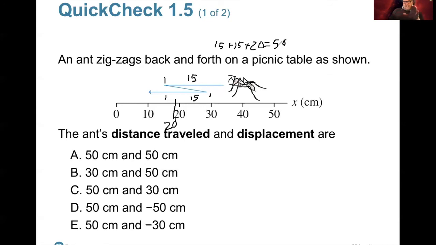So initially, he starts out at 40, then he moves in the negative x direction to 10. So that's a total displacement of, it looks like, minus 30. So let's look at our choices. We know that his distance was 50 and he had a negative displacement of minus 30. So it looks like the correct answer is going to